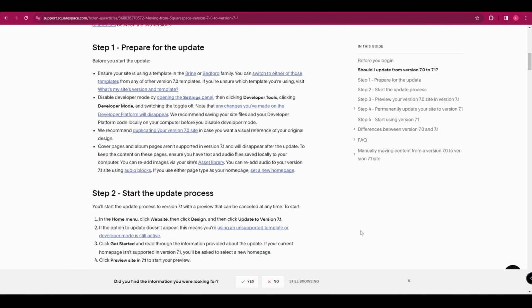You next need to disable developer mode by opening the settings panel and then clicking developer tools, clicking developer mode and switching the toggle off. Just note that any changes that you've made on the developer platform will disappear. It's recommended that you save your site files and your developer platform code locally to your computer before you disable